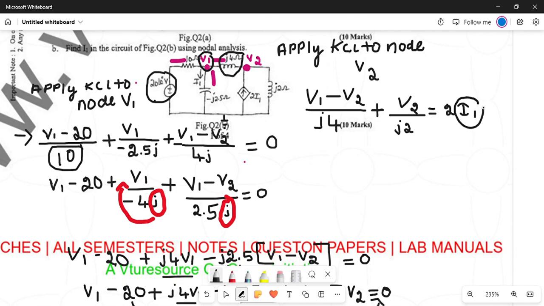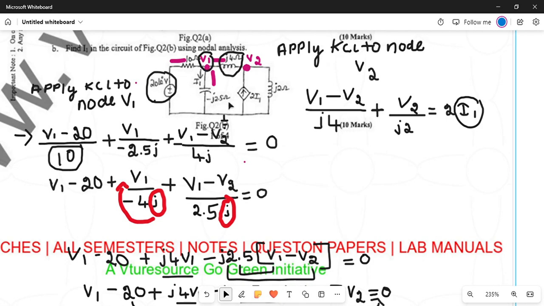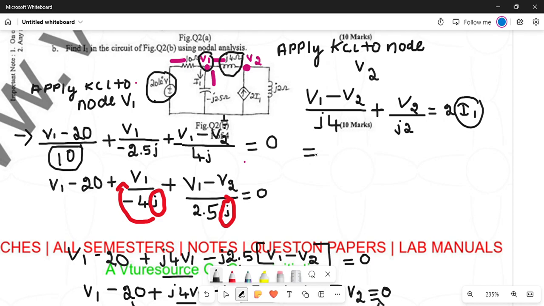So you know what is I1? Where is I1 current? I1 current is here. So we have an I1 current here. So it is flowing downward. So it is V1 divided by minus j2.5 ohm. What? My I1 is equal to V1 divided by minus j2.5 ohm. Okay. So let me just write that. I know that I1 is equal to V1 divided by minus j2.5 ohm. I just told you, right? Yes. So here it is. Let me write that. So here you get it as